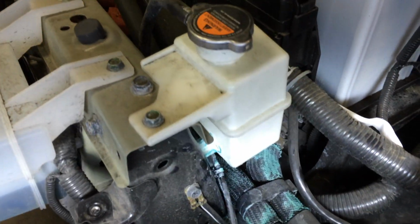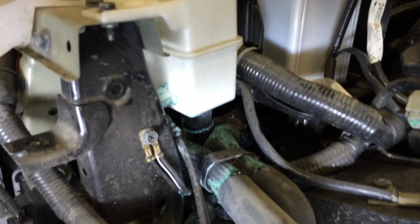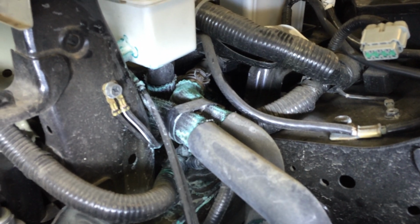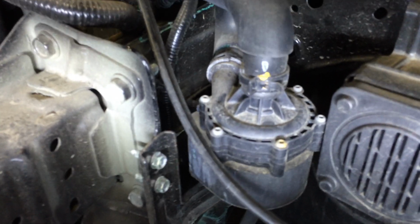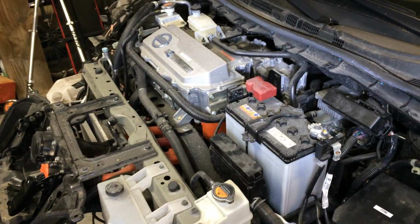So that's what this expansion tank, which you can see is one of the few things that was damaged on this vehicle. So it's been leaking. Fortunately, I don't need the heating system since I'm in Phoenix. But anyway, that runs down to a big electric resistive heater down inside there, and circulates coolant through it using this water pump here. And then that goes through the heater core inside, lets you have heat since there's no gas engine in here